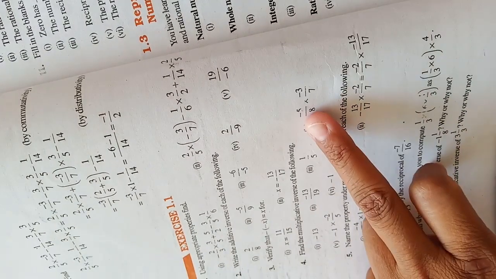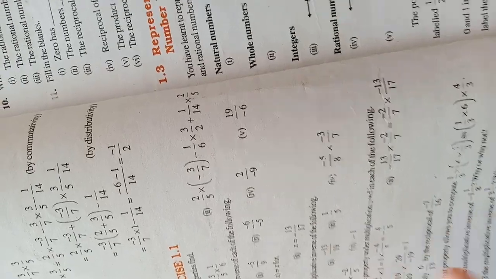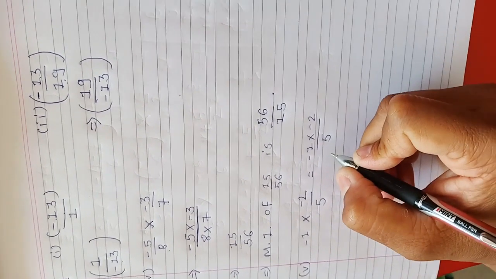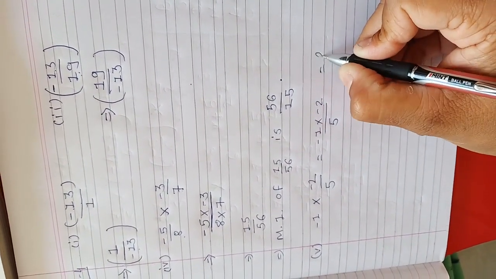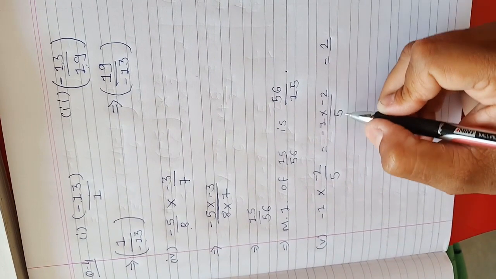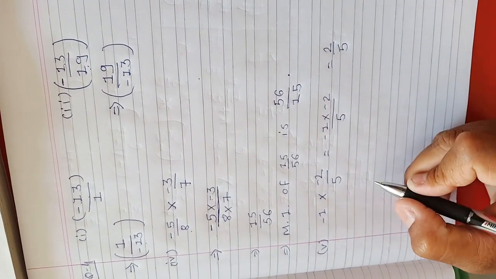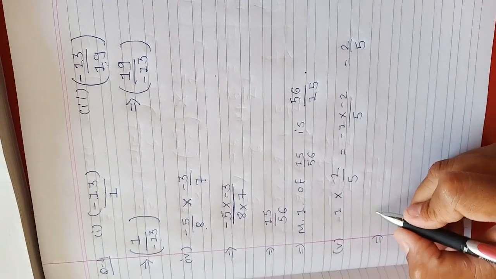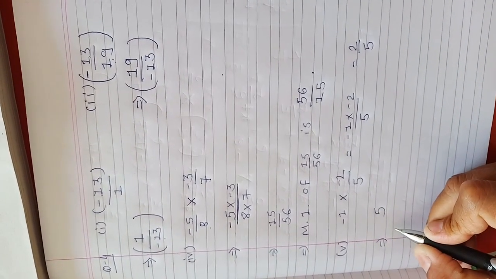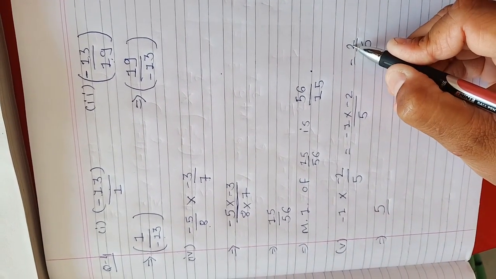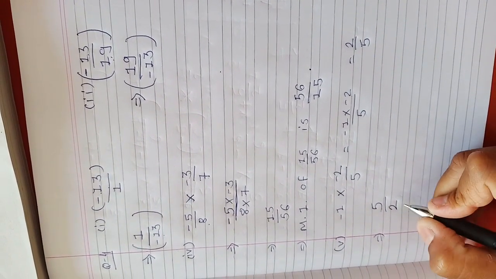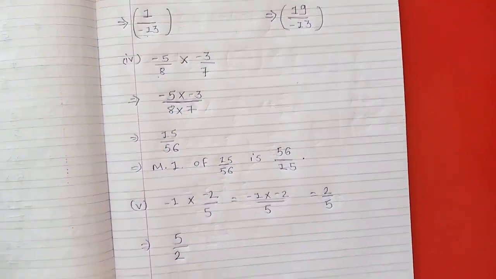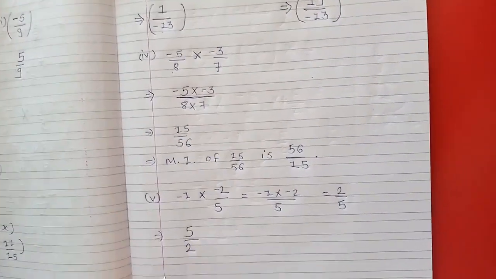Using the same method, you have to do multiplication of numerator with numerator and denominator with denominator. So 1 2s are 2, but minus times minus means positive, and the number in the denominator is 5. Now our answer is there. Here 5 is in the denominator, so we put down this 5 in the numerator, and 2 is in the numerator, so this 2 we put down in the denominator. Now after that, sixth number.